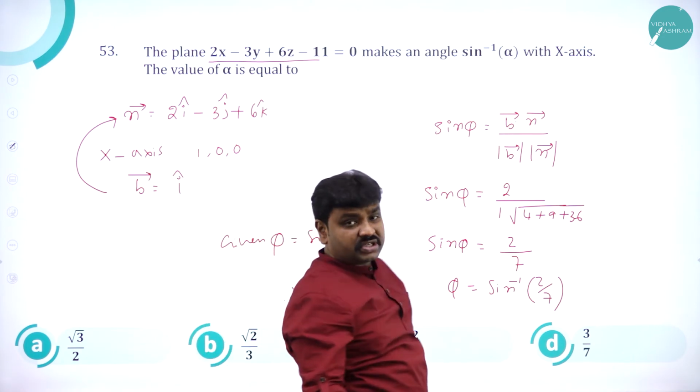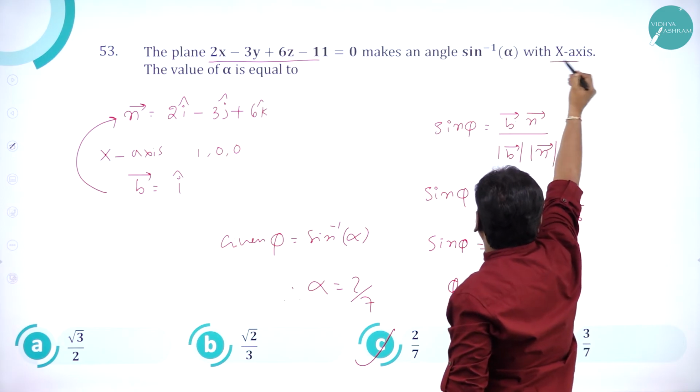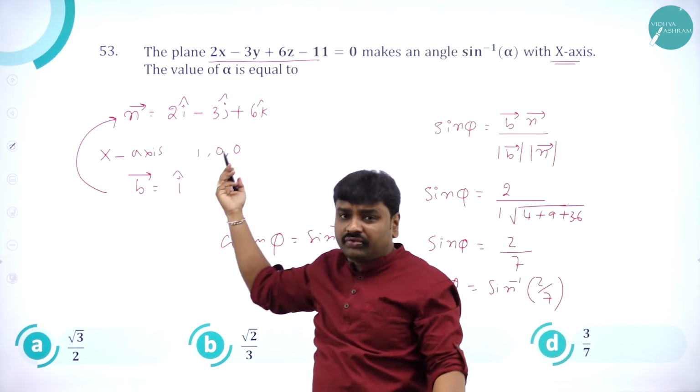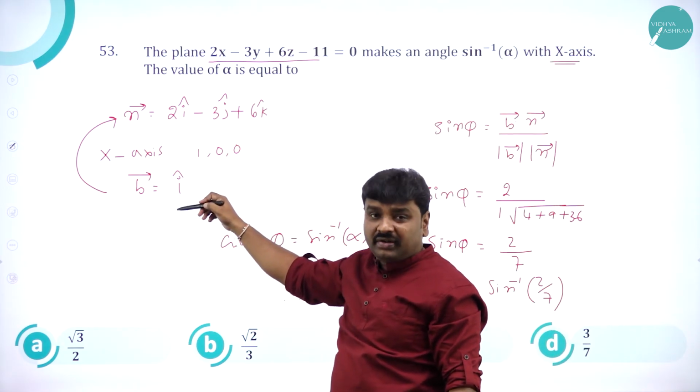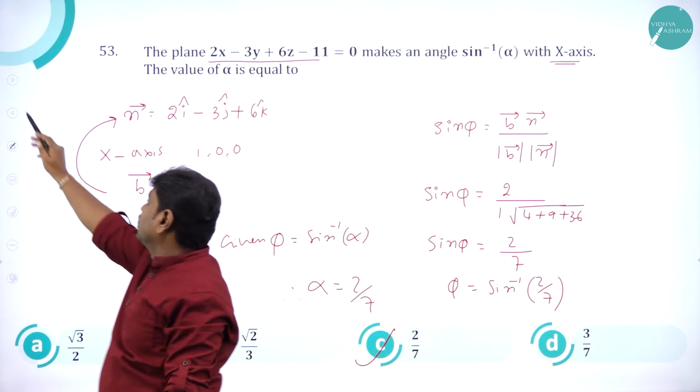So my dear students, angle between line and plane is very important. Here the line is what? X-axis. All of you know x-axis is a line whose direction ratios are 1 0 0. From this you can write parallel vector. Parallel vector to x-axis is what? i cap. That's it. Next,